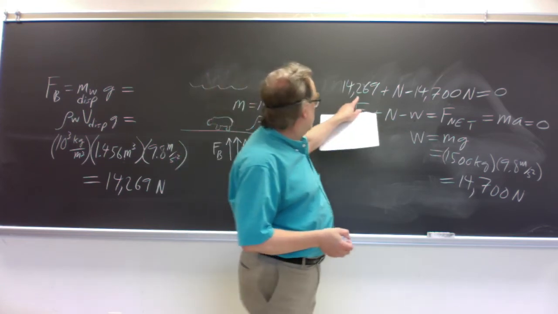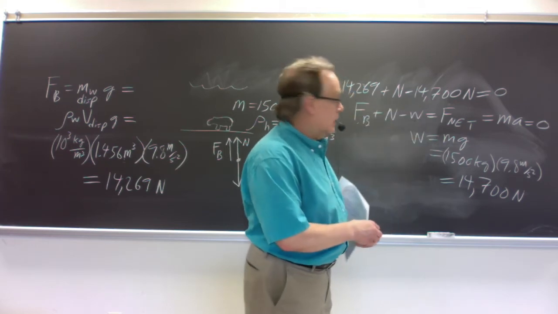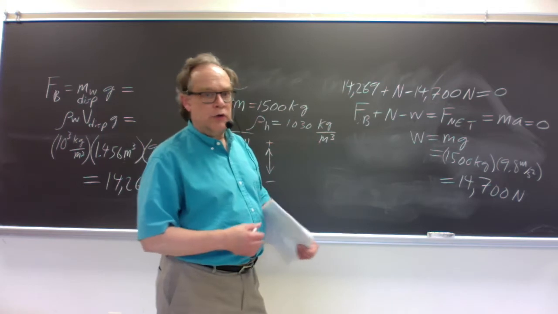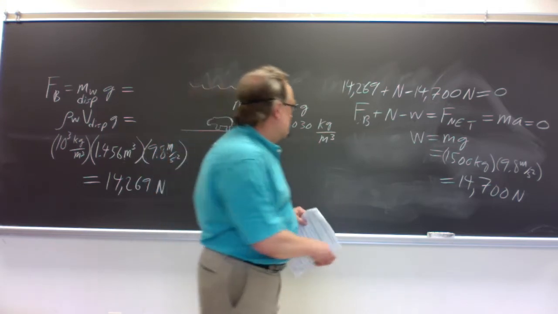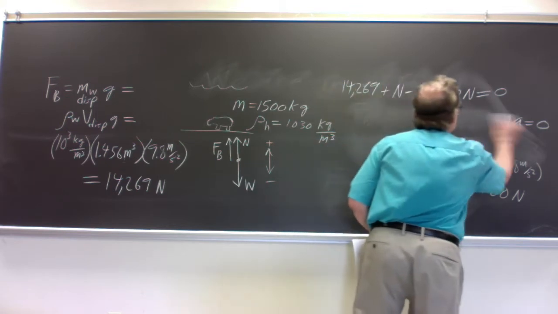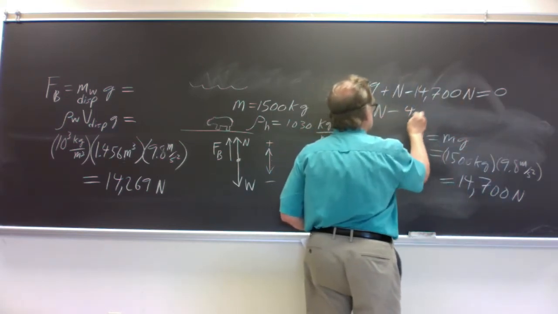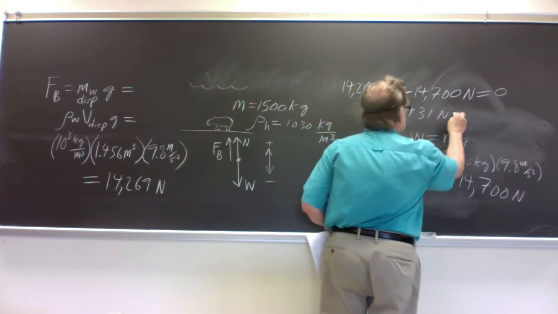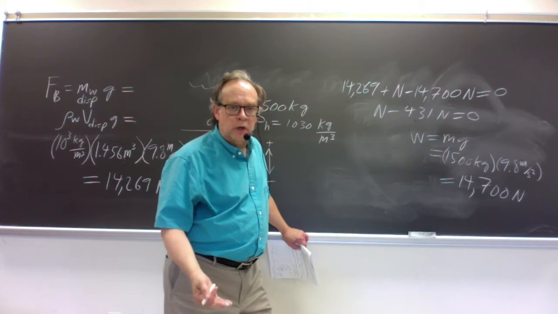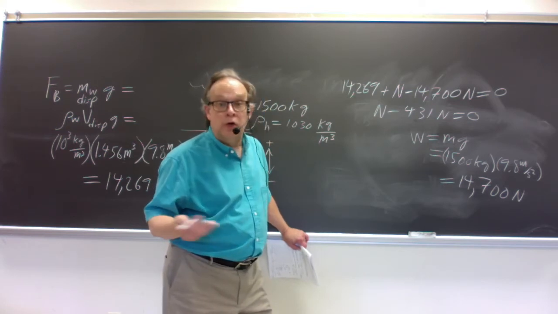So 14,269 minus 14,700, that's minus 431 newtons. Equals 0. So the normal force from the bottom of the river pushing up on the hippo is 430 newtons,